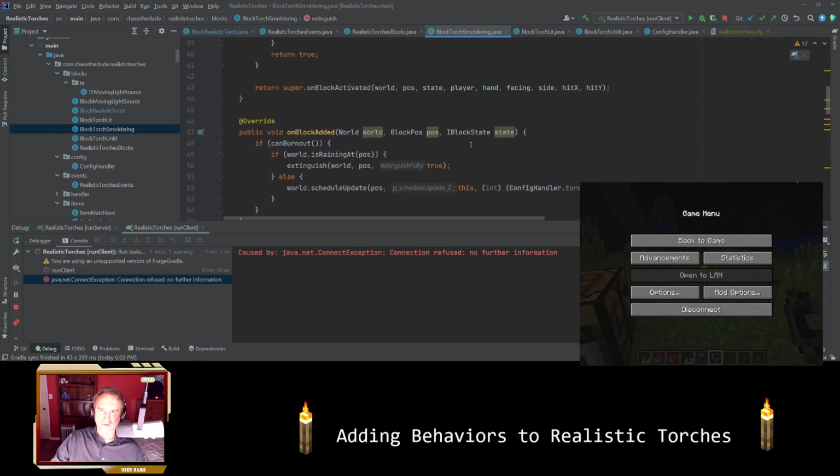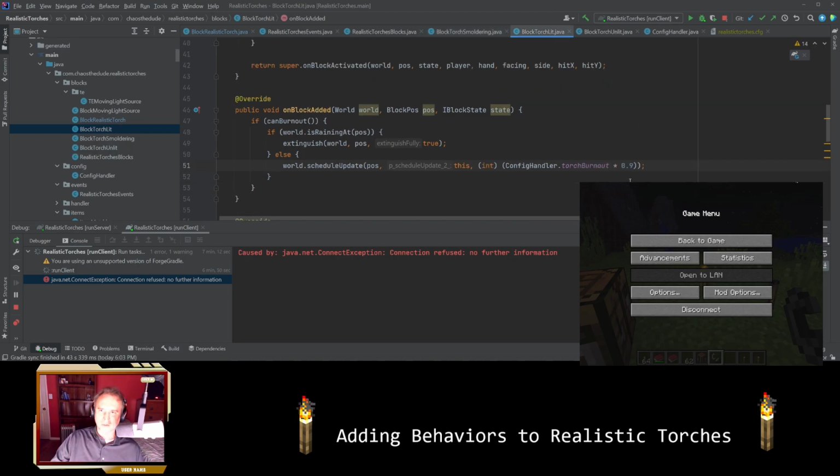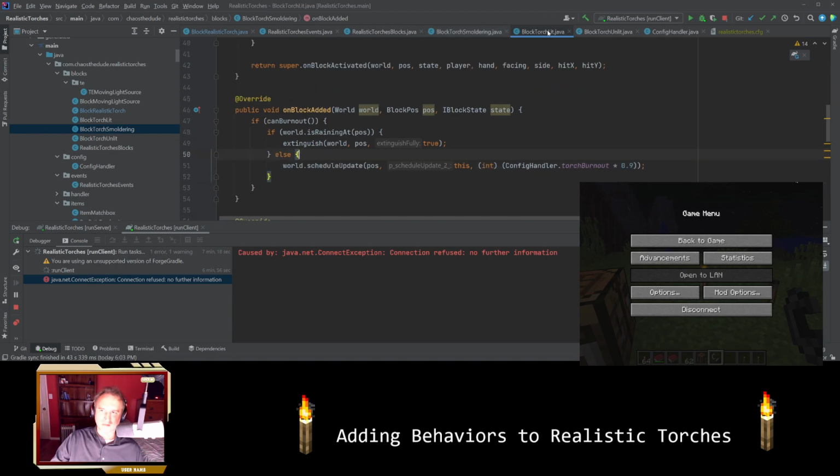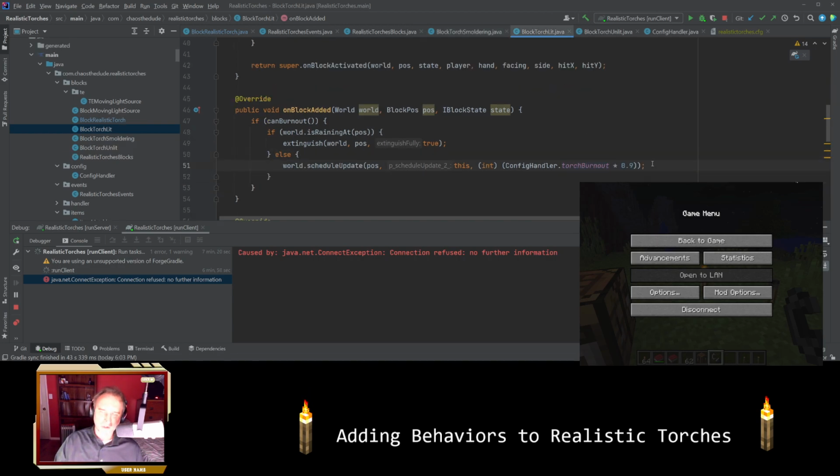What the heck? Yeah, torch burnout is divided by 10 here. That's to make up for the 0.9. Okay, that makes sense. So for 1/10 of the time that it's alive, it is a smoldering torch. Okay, that makes sense. So my point is, this schedule update is created so it doesn't